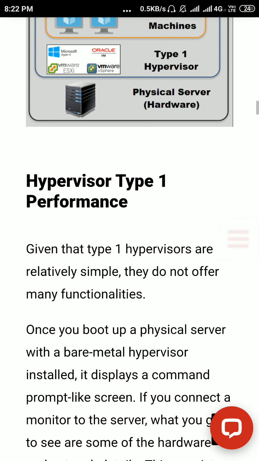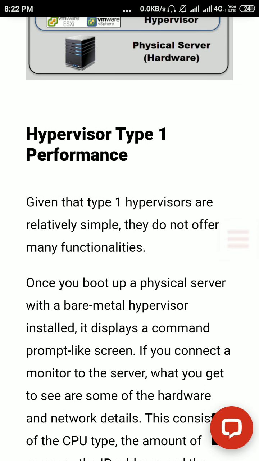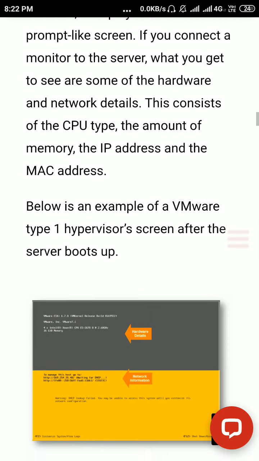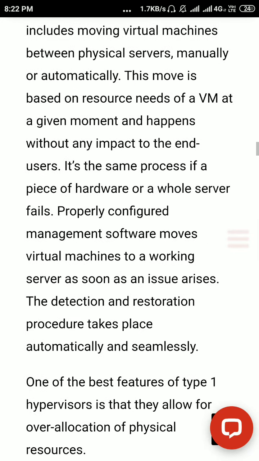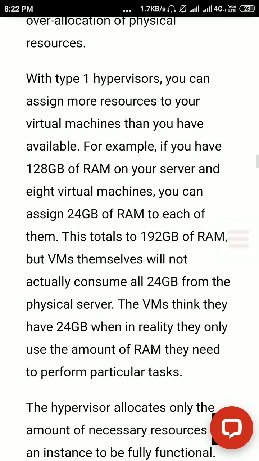So here is how hypervisor type 1 performs. Let us see how it works. With the type 1 hypervisor, you can assign more resources to your virtual machines than you have available. For example, if you have 128 GB of RAM on your server and 8 virtual machines, you can assign 24 GB of RAM to each of them.